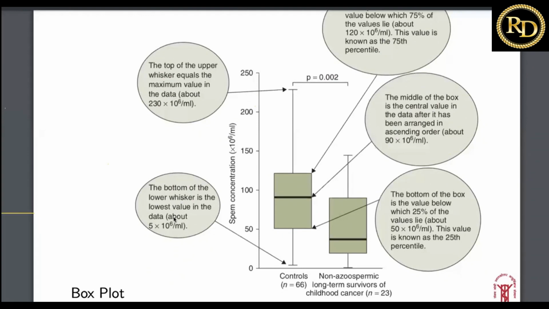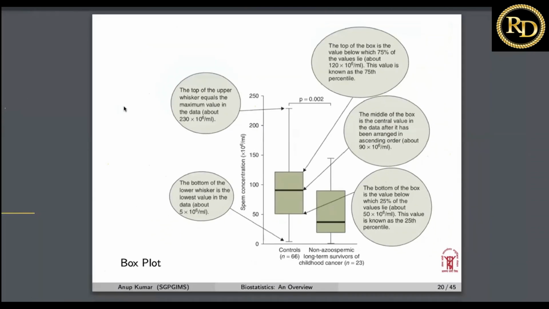Now, this is a very important plot in statistics, and that is termed the box plot. What does this box plot actually do? You can see that this box plot has a box, and these lines are termed whiskers. So this is the box and whisker plot. The lower end is the lowest value, the upper one is the highest value of the data, and this particular line is the first quartile.